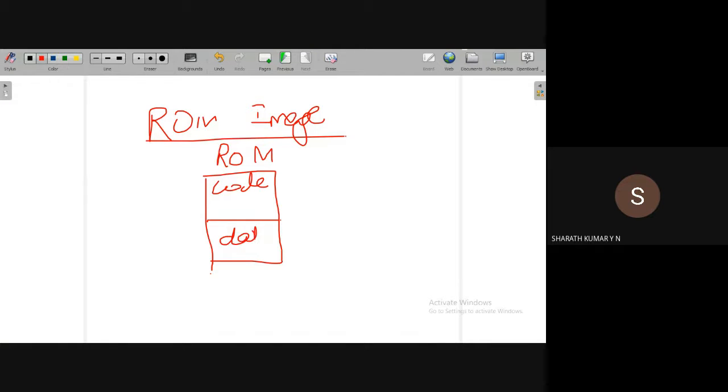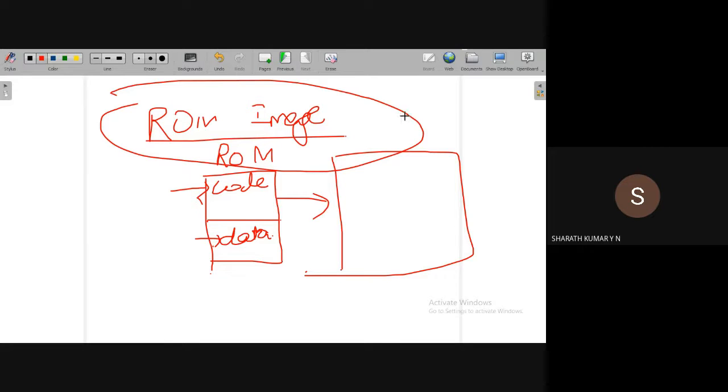Once this is done, this can be implemented on hardware which executes this code using this data to implement a particular application. This we call a ROM image, also called a firmware.